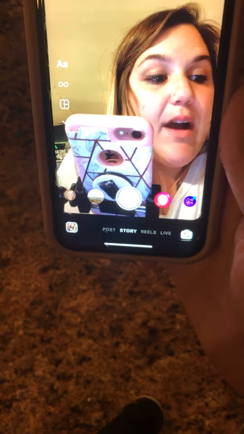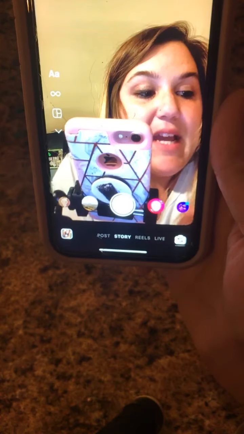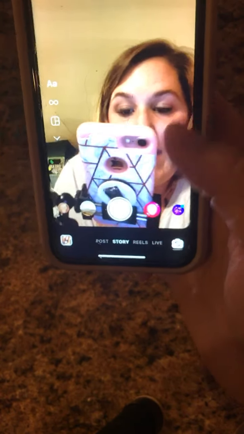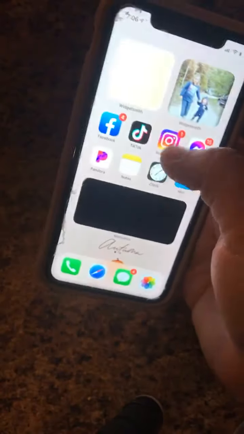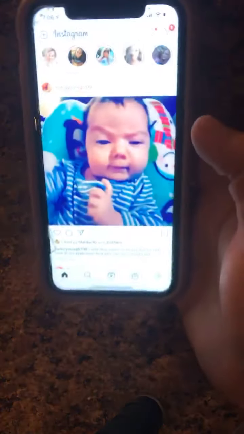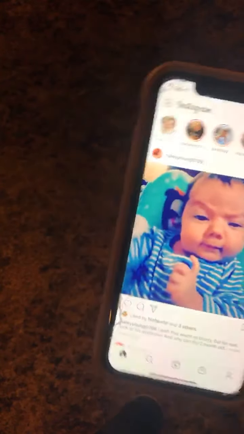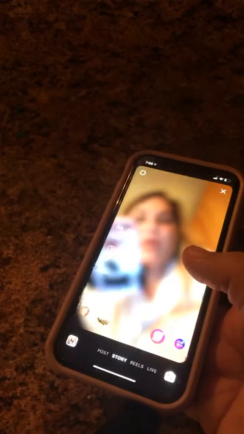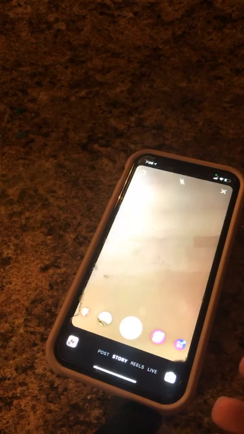So what I like to do is I update my story as many times throughout the day as I possibly can. You'll notice when we do our trainings on what we should do, when we talk about the six things to do every single day, that I spread out how many times I update my story, and I'm going to tell you guys a little bit about what I update my story on. So, number one